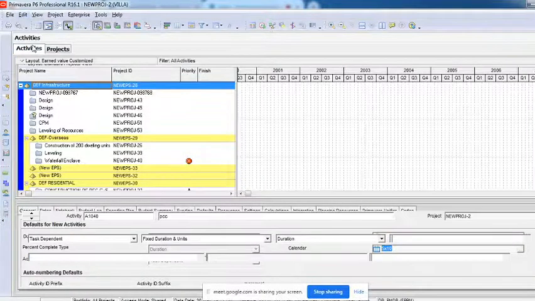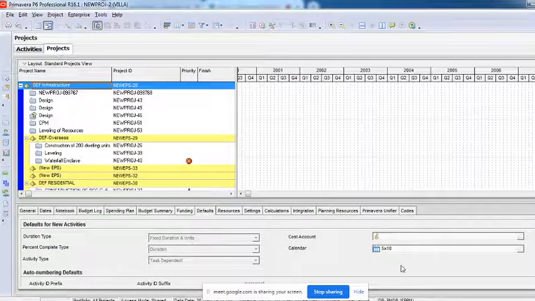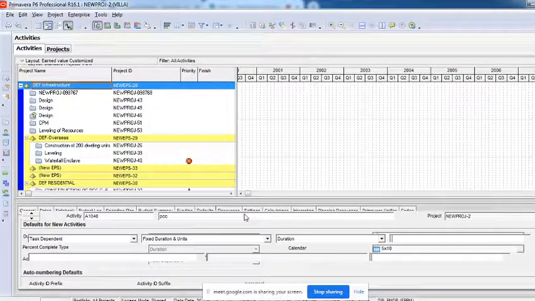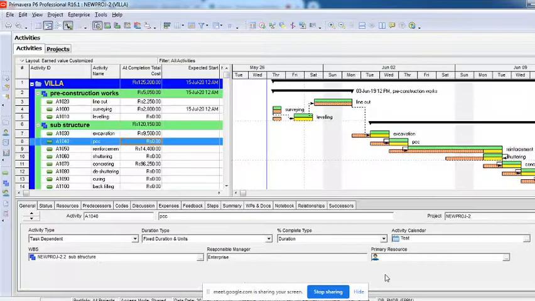How is this possible? By just changing the calendar in this project's defaults option, it will not get implemented on your activities. I'll repeat, just changing the calendar in defaults will not implement on your activities.